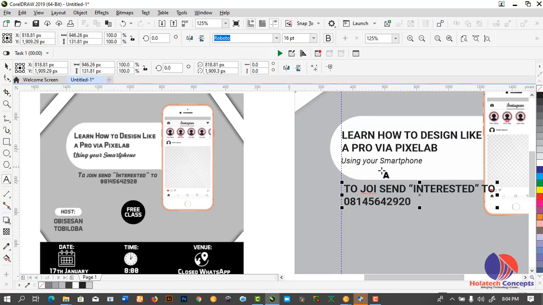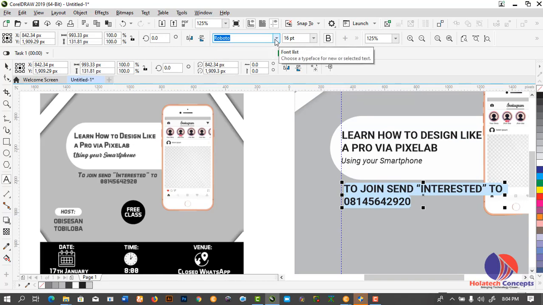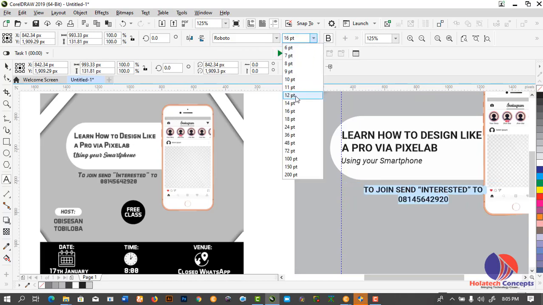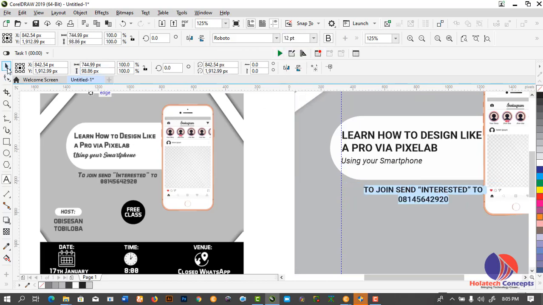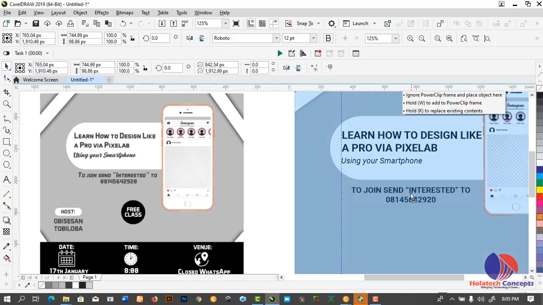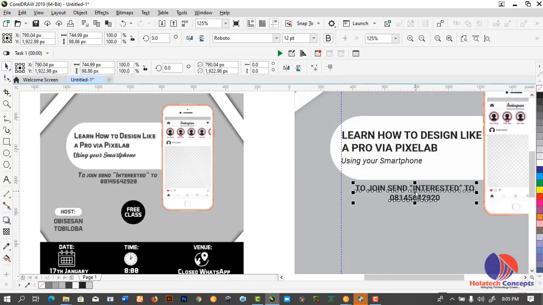Okay, so something good like that. So I'm going to give it a center alignment like this. So I'm going to reduce the size to 12. So I'm going to bring that over here,